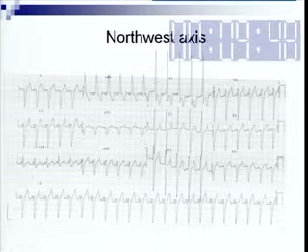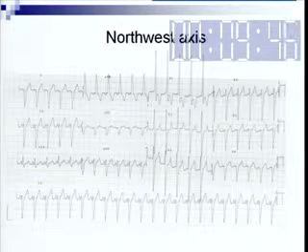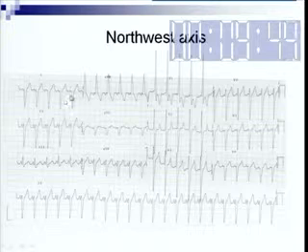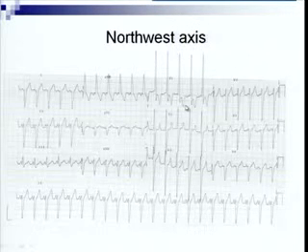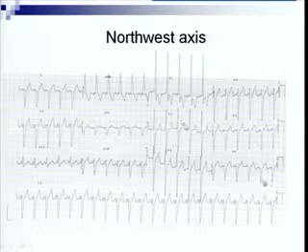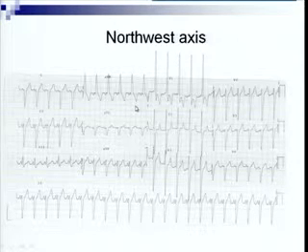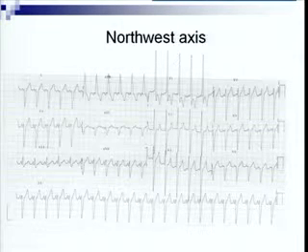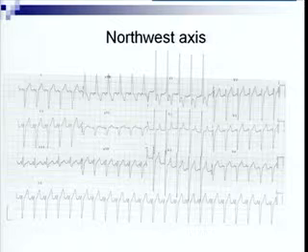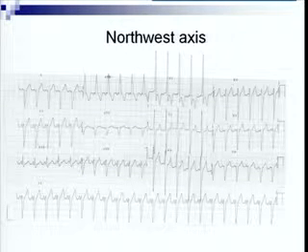And just by looking at this, you cannot clearly say that it is right axis. However, if there is a P wave inversion in lead 1 and AVL along with the reverse progression of the R waves from V1 to V6, then you can say that yes, there is situs inversus. Situs inversus indirectly means atria are inverted. The P waves, when they are inverted in lead 1 and AVL, indicate the atria have inverted.